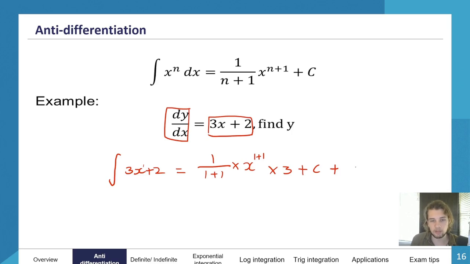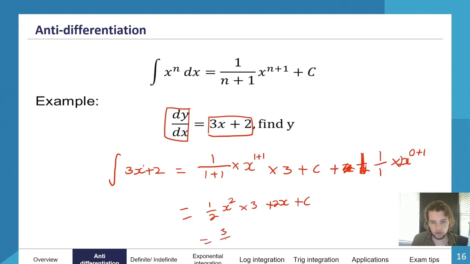So we also have a plus 1 over, sorry, I'm making a mistake, plus 1 over 1 times x to the power of 0 plus 1. So this culminates in 1 over 2 x squared times 3, plus 2x plus c,